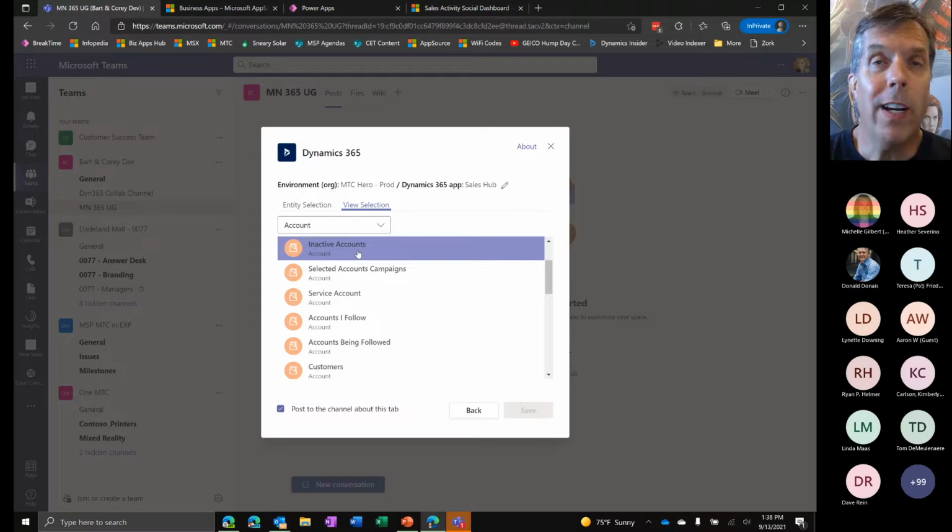From that point forward, all the people in this team who are able to see that record or list of records that got exposed will be able to interact with it and still change, update, modify the data, add new data if it's needed for things like extra activities taken around the record, and store all of that information in Dynamics without having to buy a Dynamics license for those users doing that collaboration around what got shared. So that is big news from a licensing standpoint. That is the first time I've seen us take a stance like that and not require you to buy a Dynamics license in order to manipulate Dynamics data of any kind.